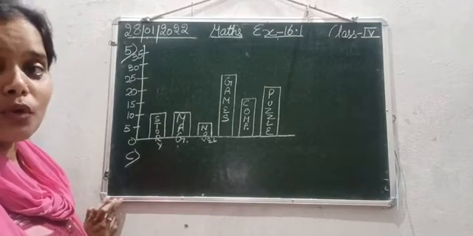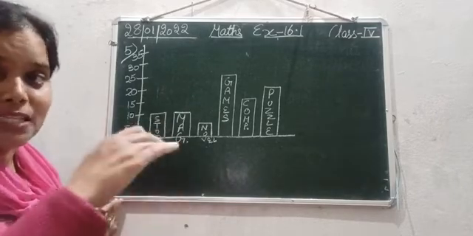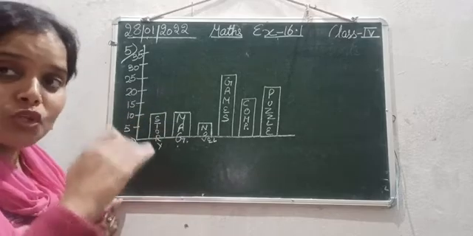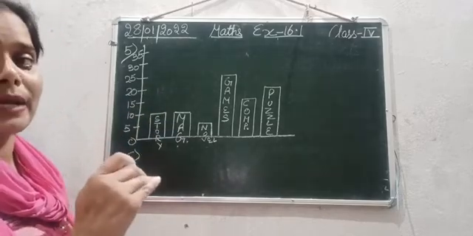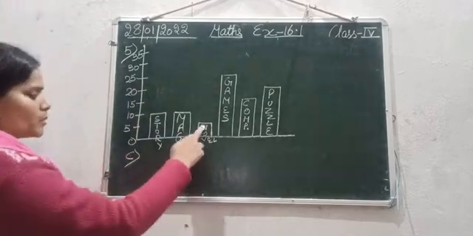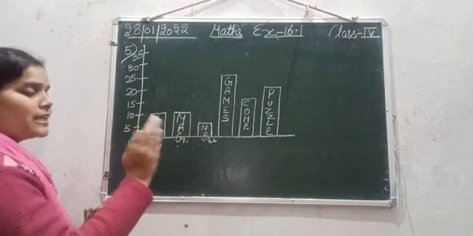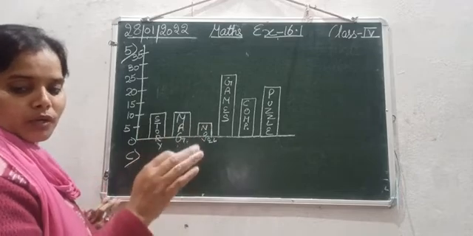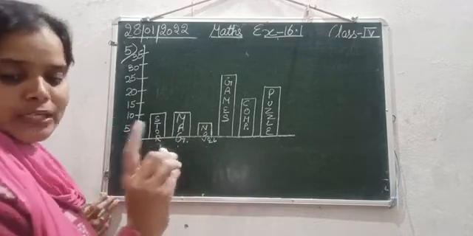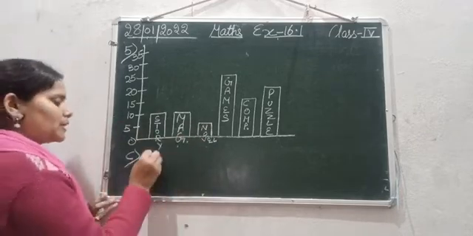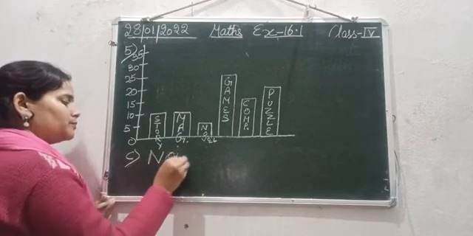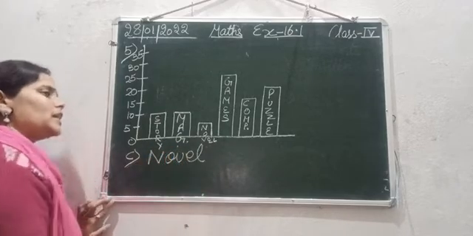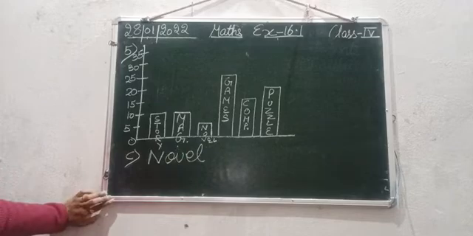So that means the book which is having the least bar graph, जिसका bar graph सबसे छोटा है, that is the least popular type of book. So here this one, that is novel. So novel is the least popular type of book. So which type of book is least popular? सबसे कम, that is novel. Okay, so novels are the least popular type of books.